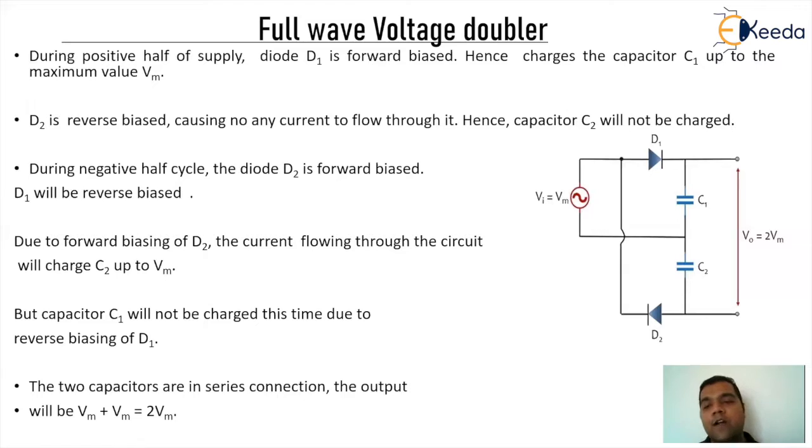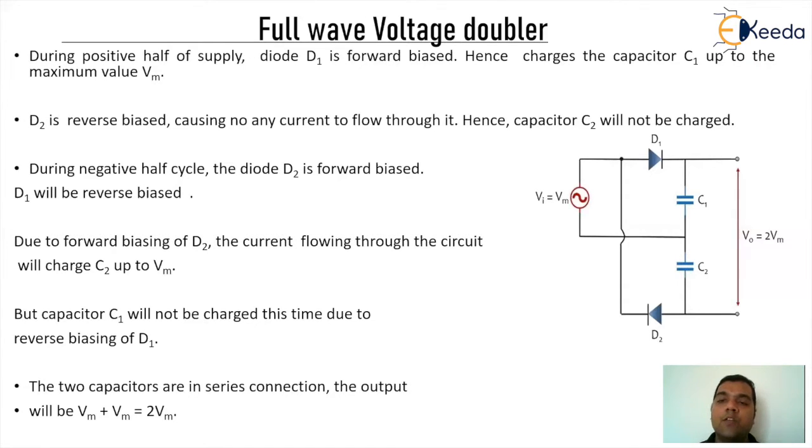Now, when I talk about the negative half cycle, during the negative half cycle of the AC input cycle, that time D1 will be reverse bias and D2 will be forward bias. And since D2 is forward bias, capacitor C2 gets an opportunity to charge. When the capacitor charges, it will be plus on the top plate and minus on the bottom plate. The similar effect was observed when the capacitor C1 was getting charged with plus on the top and minus on the bottom. Now when I see the total effect, the voltage stored by the capacitors are in series addition. And that's the reason when I measure the total drop across the capacitors, the total drop will become 2 Vm.